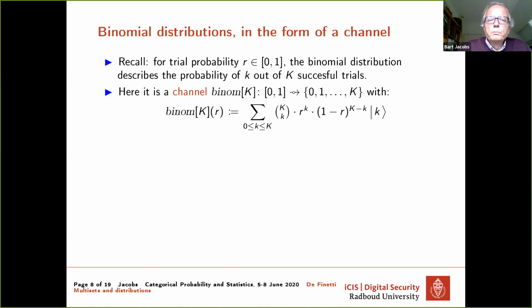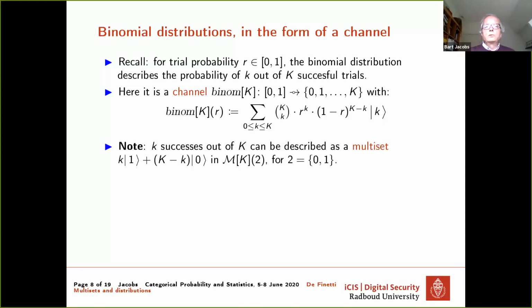So the binomial of K of r here is a formal sum over all the small k's, with the typical probability that's associated with the binomial. So it's a channel in this sense, which is a probabilistic function from a probability to a distribution.